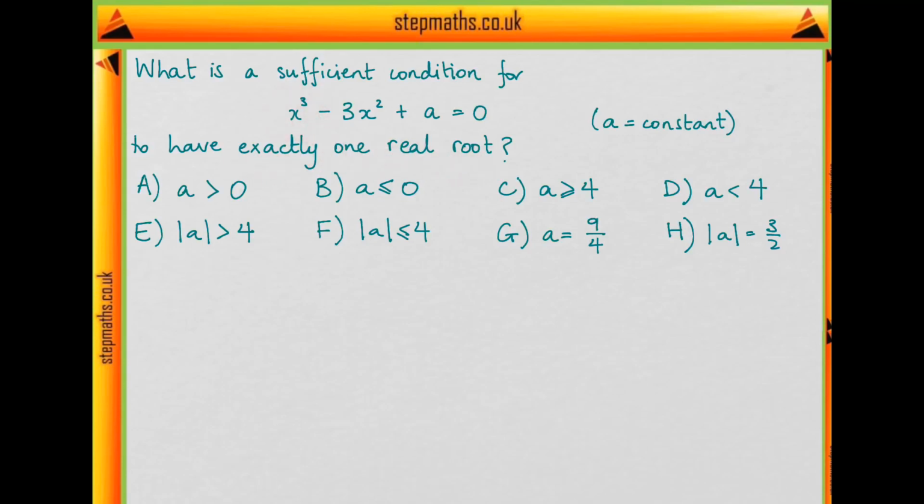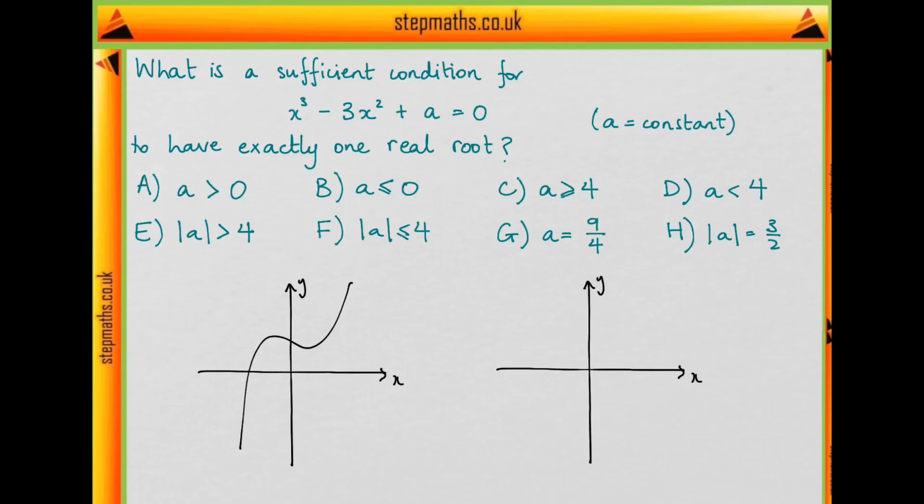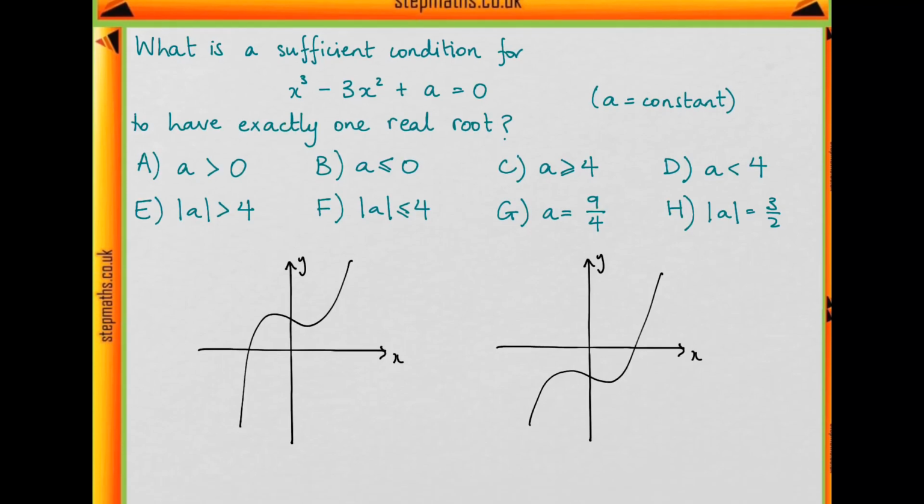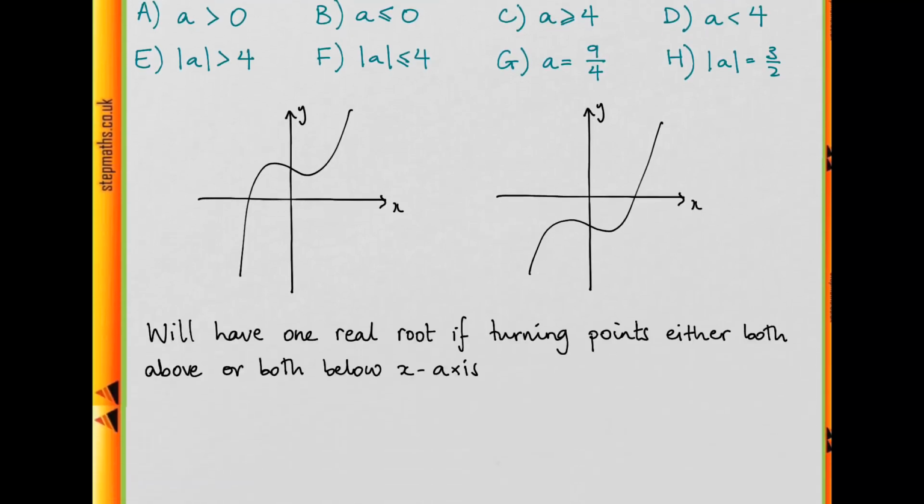So we've got x cubed with a positive +1 coefficient. For this to have one root, either it can look something like this, or it can look like this. And you can see for both of these, either we have both of the turning points above the x-axis, or both of the turning points below the x-axis, and therefore that's a necessary condition for having exactly one real root, the turning points either being both above or both below the x-axis. Okay, so let's work out for which area we're going to get the turning points both on the same side